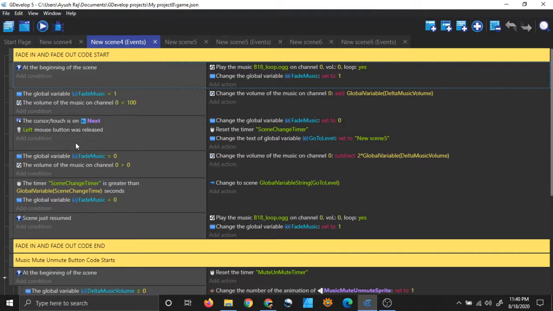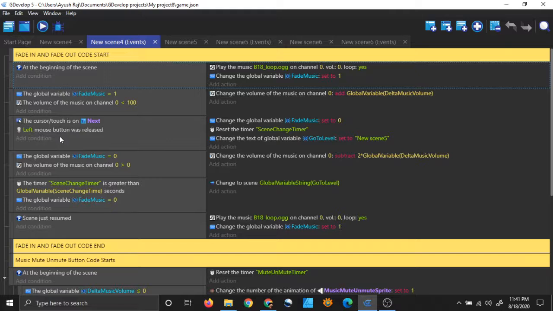So in this event, you may have to change these two lines. You have to add your own lines, like how are you changing the scene, right? I am changing the scene when I am clicking on the button, but you may be changing your scene using a different way, right? Maybe your character died, or maybe they finished the stage, or maybe they reached a high score, whatever, it could be anything, right? You have to put your own scene changing code in here. So far two modifications. One, you have to change your music file, and second, you have to change the scene changing code here.